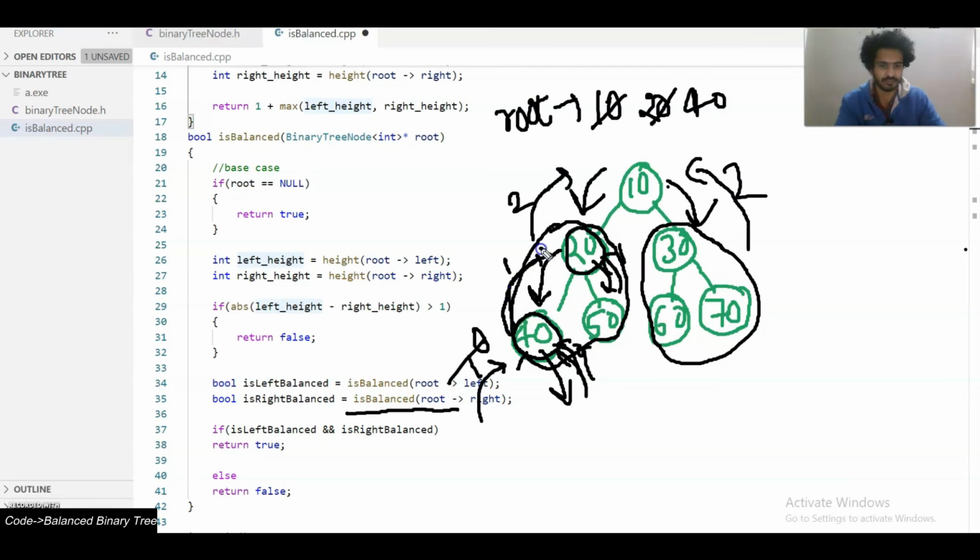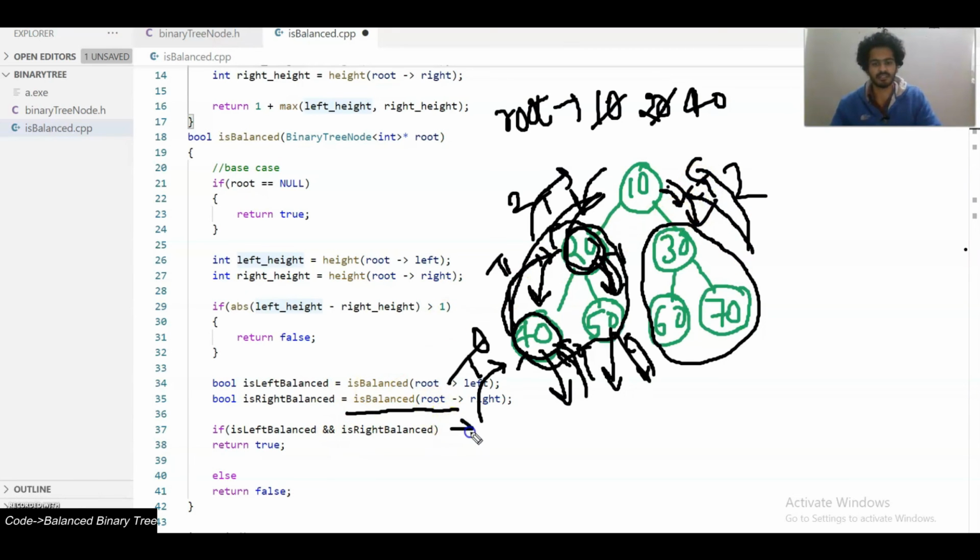So it eventually returns true to 20, and 20 is going to call on 50. 50 checks its left subtree, which is null, and right subtree, which is null, so it returns true. In this way, node 20 returns true to node 10. It is saying, hey, I am balanced. Then it does the same amount of work which we have done here. It calculates the right height and then it tries to meet this condition, and eventually if you run it the same way I did for the left subtree, you will get true from this side as well.